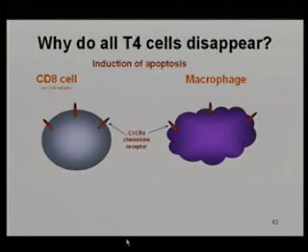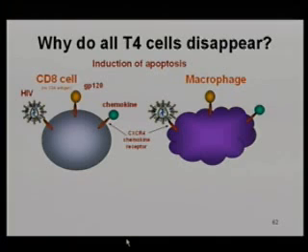But probably the reason why the CD4 cells go so much is because of the body inducing apoptosis. Now, we don't know a lot about this in CD4 cells, but we're learning something about it. We know more about it in CD8 cells. What happens in CD8 cells when they go away is this. The virus can bind, and other things can clearly bind, to the chemokine receptors, and in the case of CD4 cells, also to the CD4 antigen.